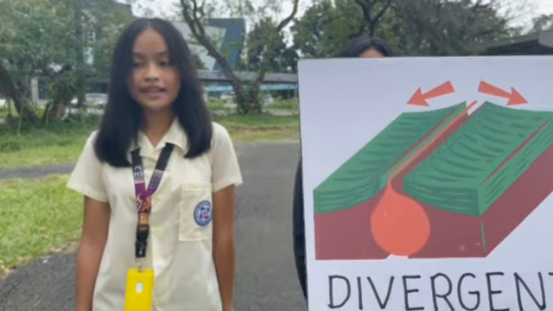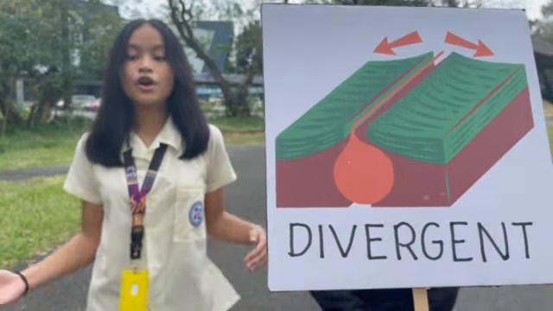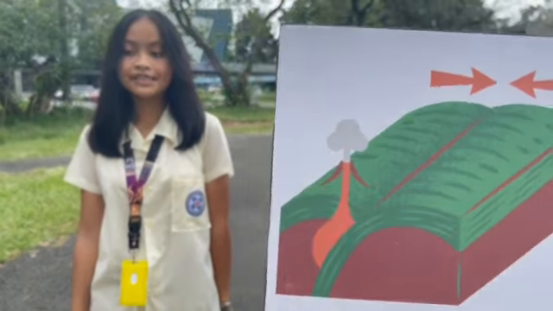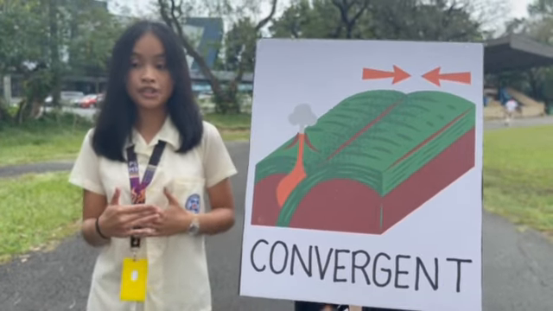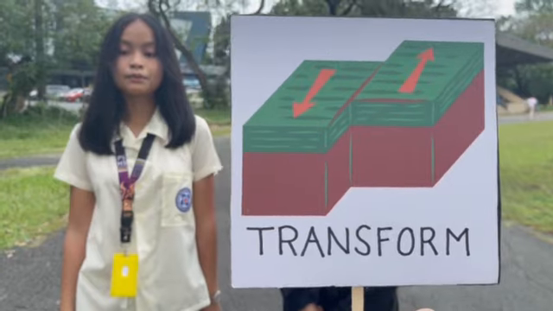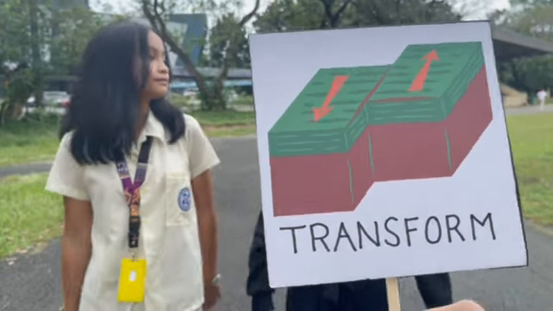So to briefly explain it, there are these things called tectonic plates, which create plate boundaries, and there are three types. The first type of plate boundary is divergent plates, meaning that the two plates are moving away from each other. Next is convergent plate boundaries, which means that the two plates are moving towards each other. Lastly is the transform plate boundaries, which is when two plates move past each other. Oh, so those are tectonic plate boundaries.